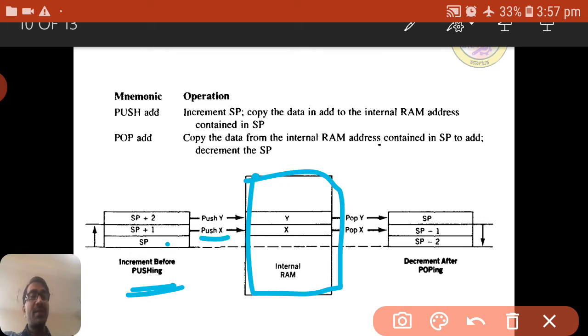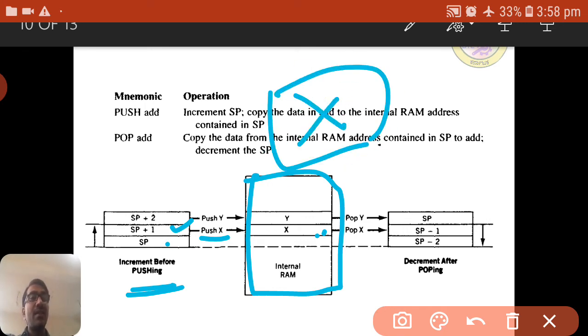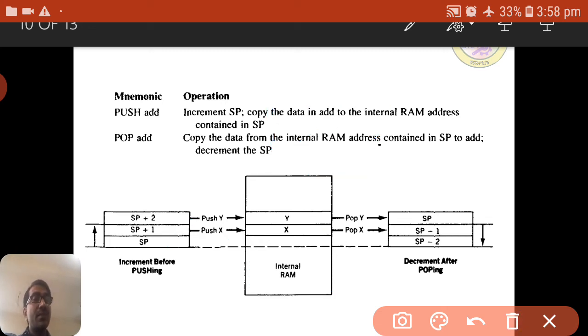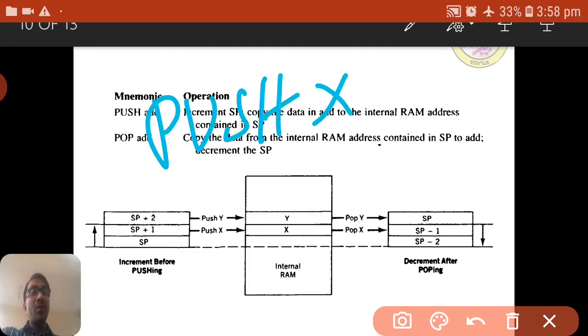Once we use push X, where X is the address, SP will be incremented by 1, and the data in the X address will be moved there. For example, we have written push X. SP will be incremented by 1, and whatever the data in the X address is will be moved to where SP is pointing.